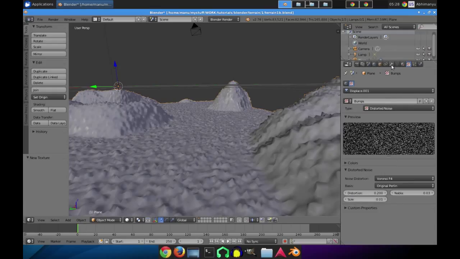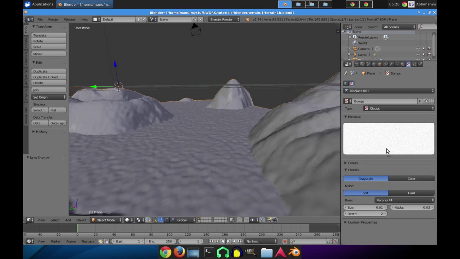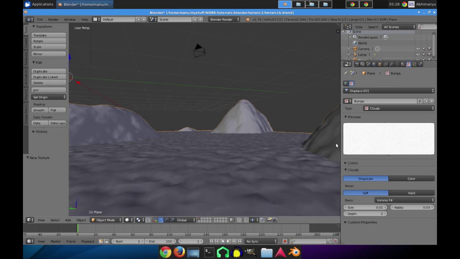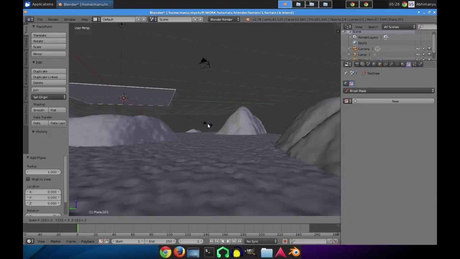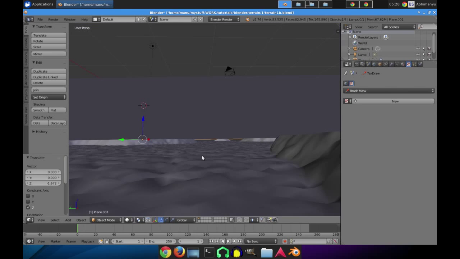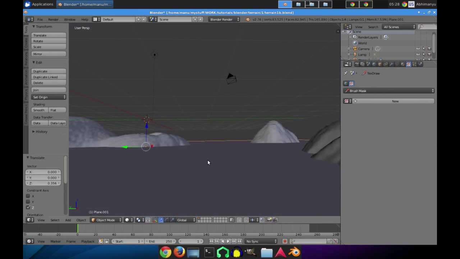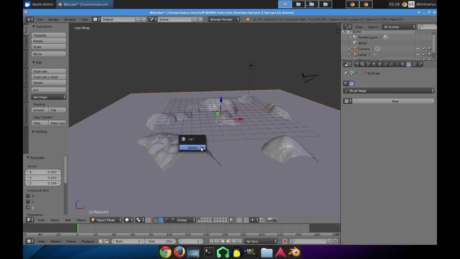Okay, we can play around with this. Go to clouds. Yeah, this is looking much better. This can be our surface, and we can add a plane, like for example this can be our water, and this can be underwater, or this can be underwater. So I'm going to delete it for now,